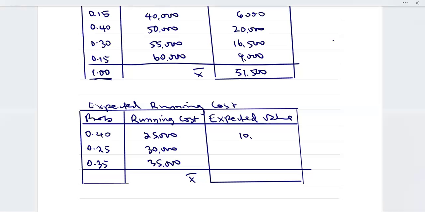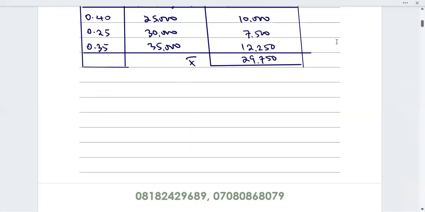That's 10,000. Next, 0.25 multiplied by 30,000: 7,500. The last one, 0.35 multiplied by 35,000: 12,250. That's 29,750. Now that I've calculated expected revenue as well as expected running cost, I can then proceed to compute the